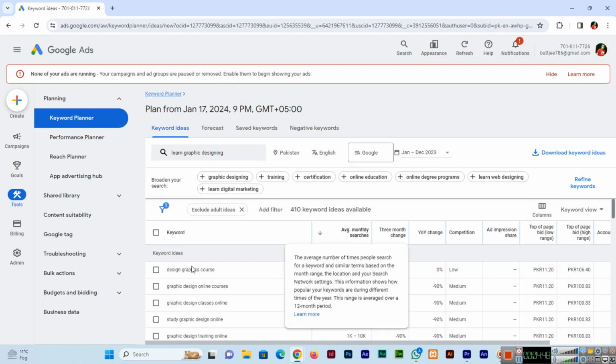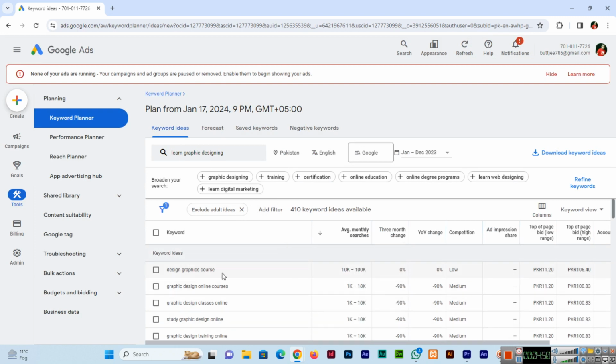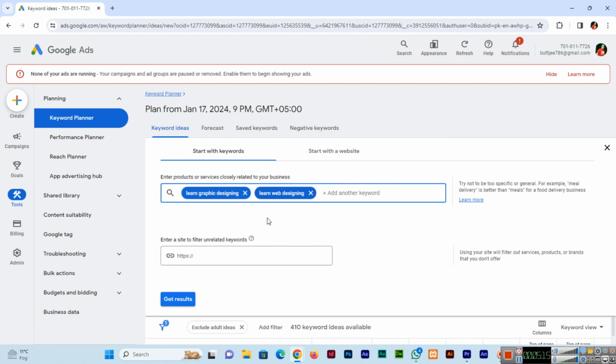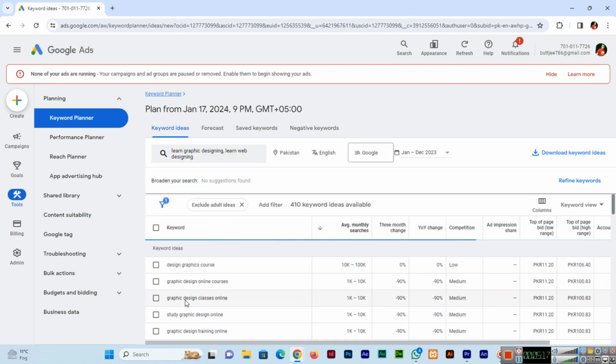So in Pakistan you can see it's 100K searches for design graphics courses. There is not too much content on this keyword, so the competition is low. If you select something like online education, you can broaden your searches. Here Google is telling you to broaden your search, so you can include these keywords as well, like learn web designing. And now if we search, get results,